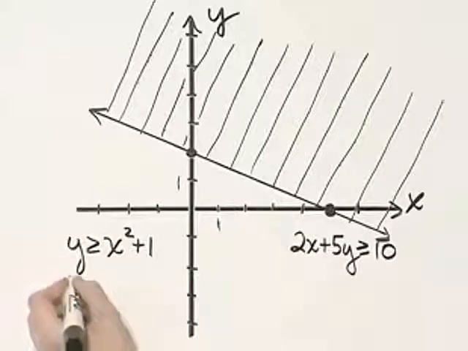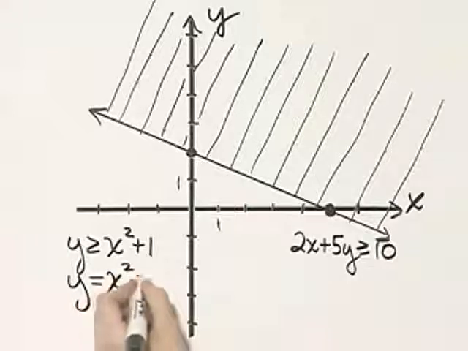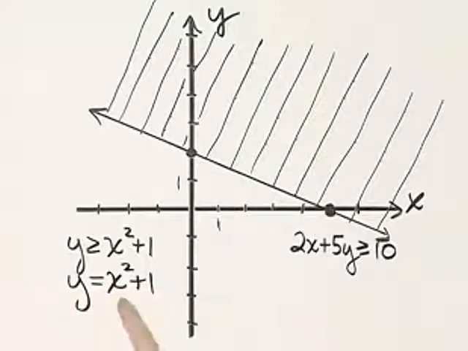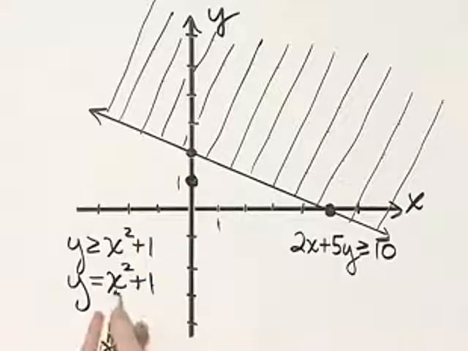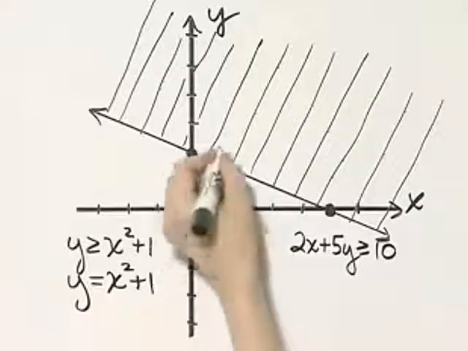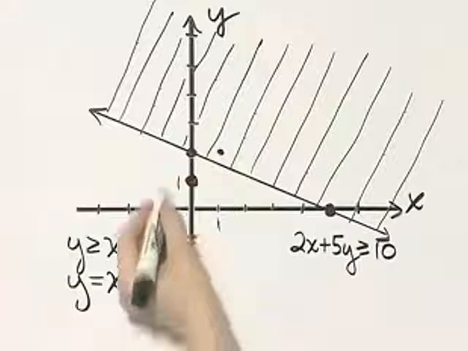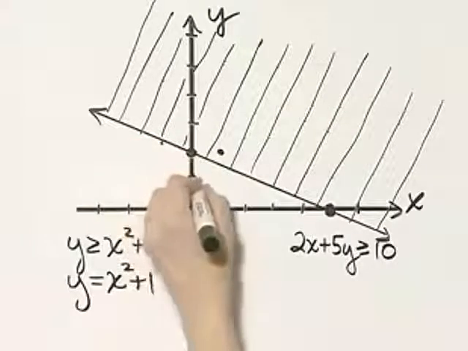I'll begin by looking at the equation y is equal to x squared plus 1. That is a parabola opening upward, and it's shifted 1 unit up. So the vertex is 0, 1. Let's put a few ordered pairs in here. If x is 1, 1 squared is 1, 1 plus 1 is 2. And if x is negative 1, I know I'll get 2 also. So here is,